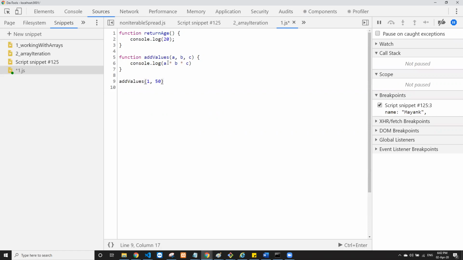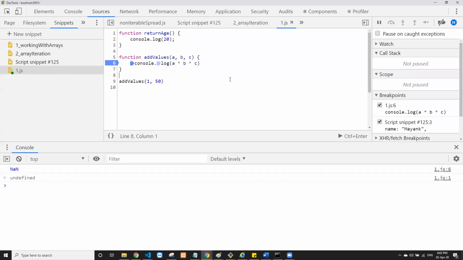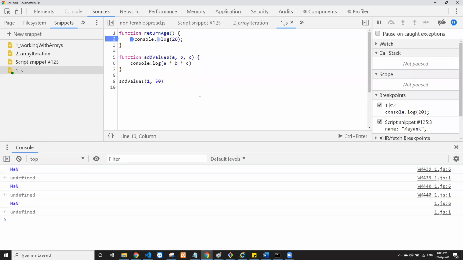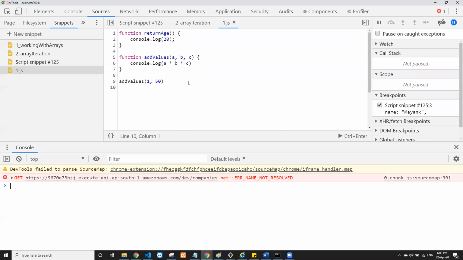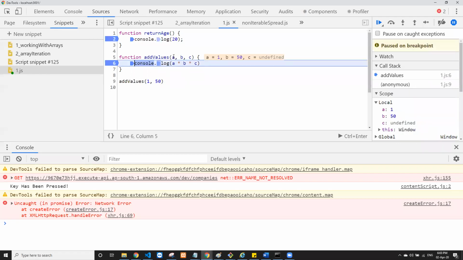The output is not a number, because let's put a debugger. So I'll try to stop my execution on line 6, and we'll see what are the values of A, B, and C. So once we run this program, I have to re-execute this, sorry. We'll put a debugger over here. We are putting just 2 values. So you can see the value of A is 1 that you passed into it. B contains the value 50 that you passed into it, and C is undefined.